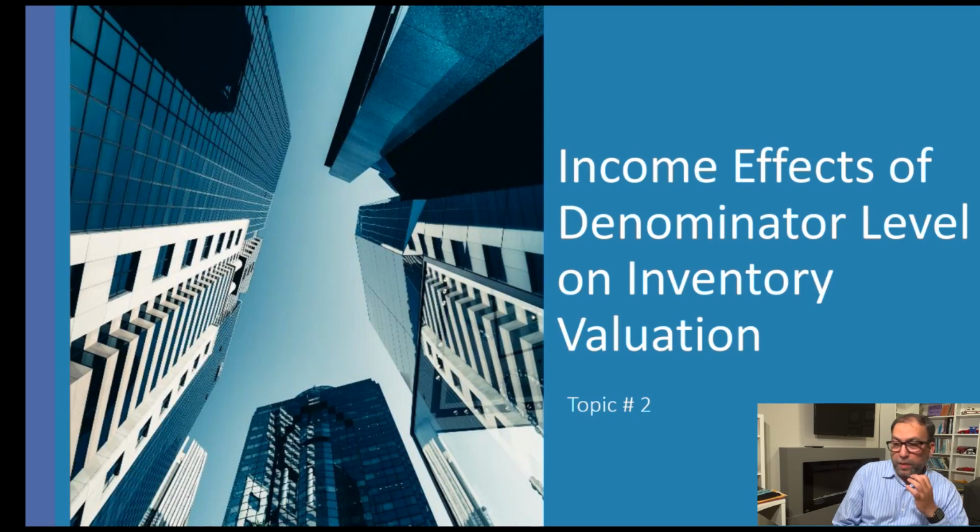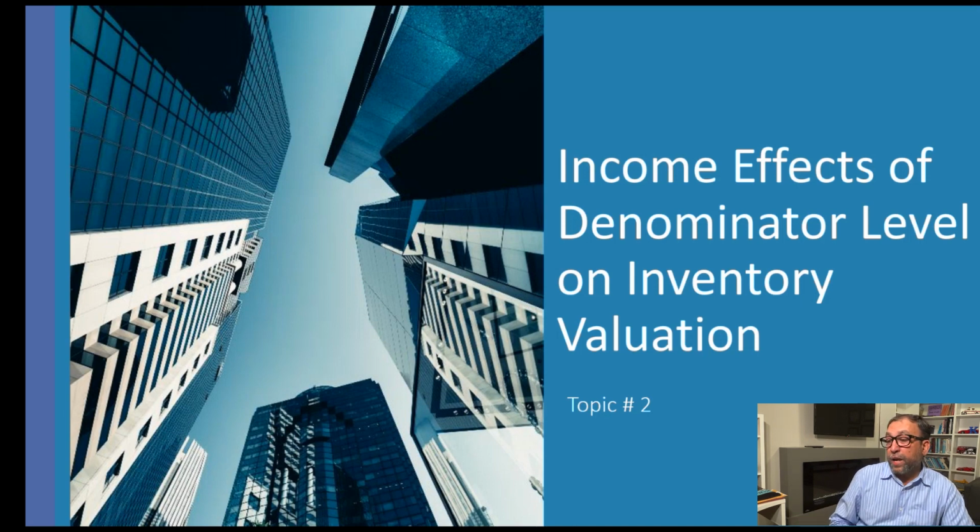So let's start the second topic, and the second topic is income effect of a denominator level of inventory valuation. Now, this chapter is related to one thing, that how we deal with the fixed cost. If the fixed cost is distributed towards the product cost, then the fixed cost is going to be a part of an inventory. And by this way, we get the profit, which is different than if we charge the fixed cost separately